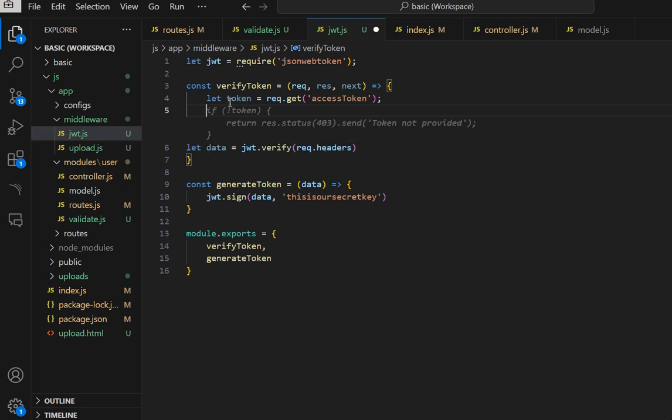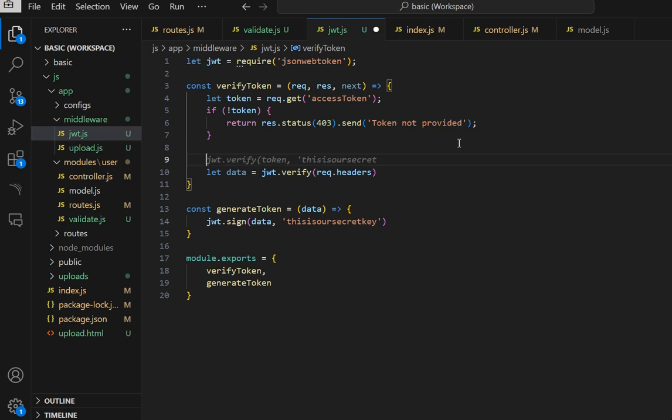Now this will get token from the header. If token is not provided, then send token not provided. If token is provided, then